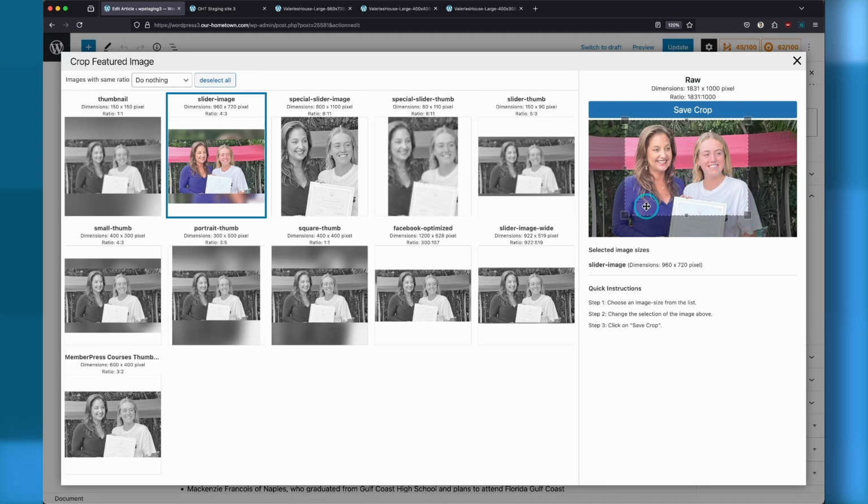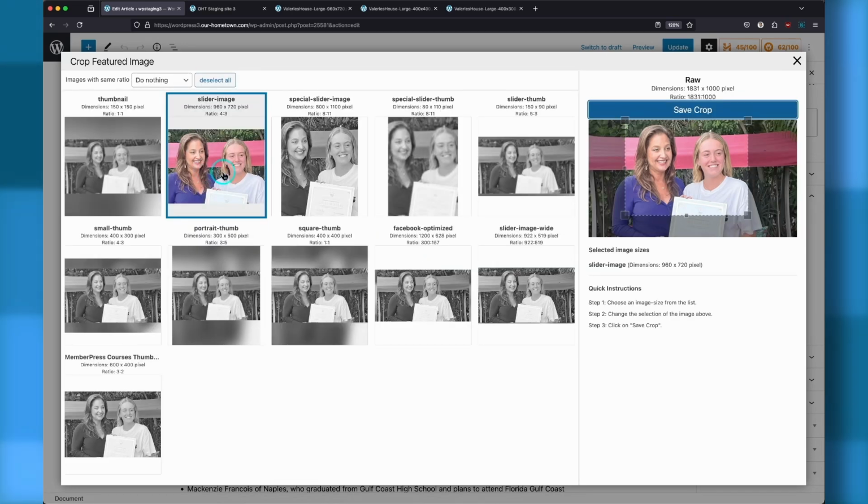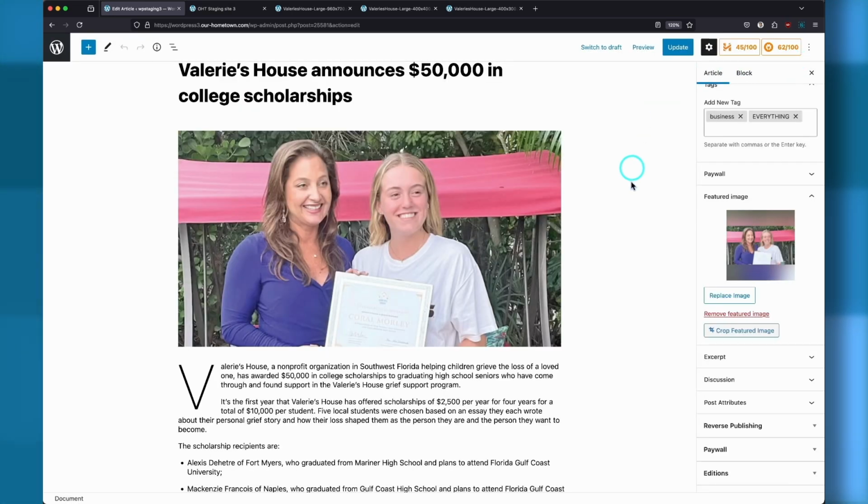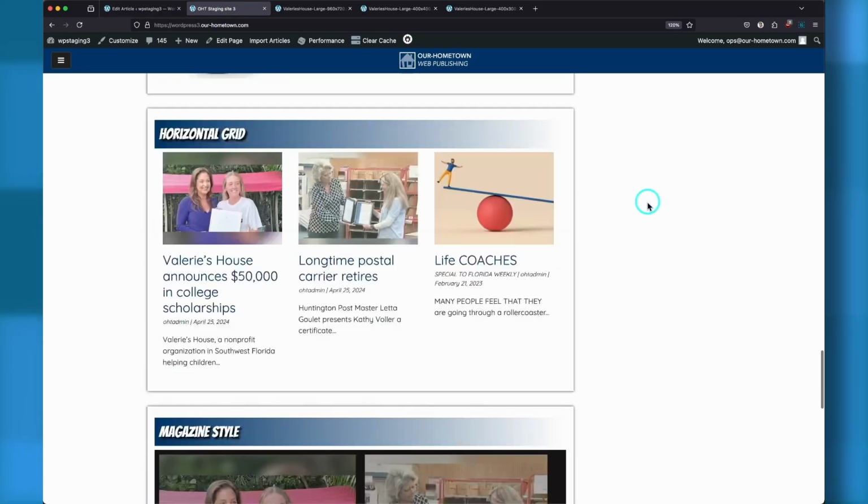And then once you're satisfied with that, we'll hit Save Crop. It's only going to be applying this to the slider image. So let's save crop here. And as you can see, the preview has been updated. So before we make any other changes, let's go check that out on the home page. So we'll close out of the cropping option. I'm going to go ahead and update the story, and then we'll come back to the home page